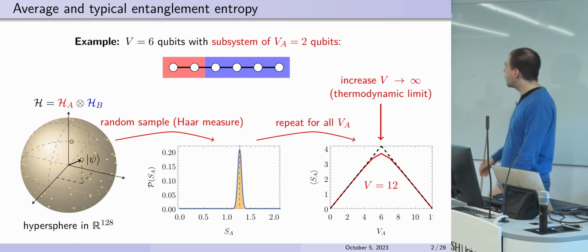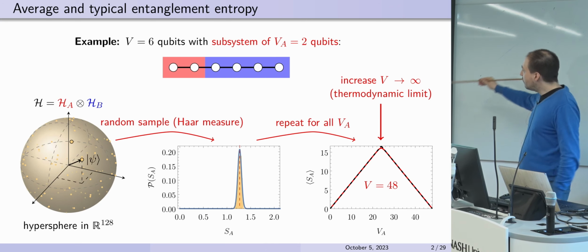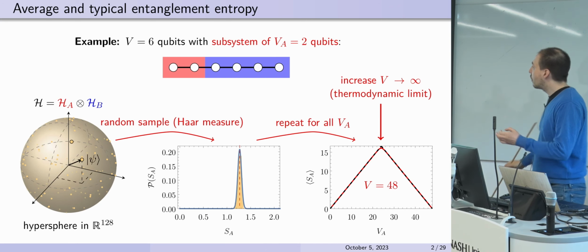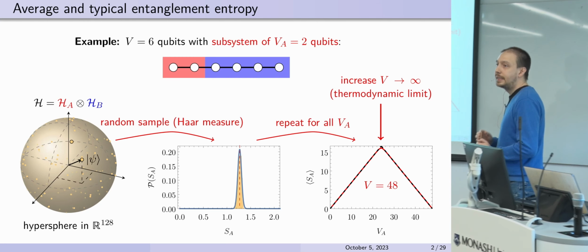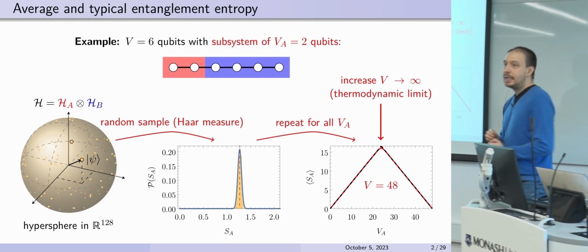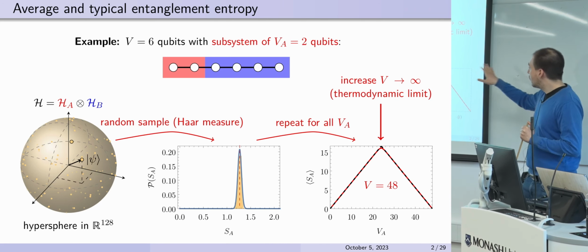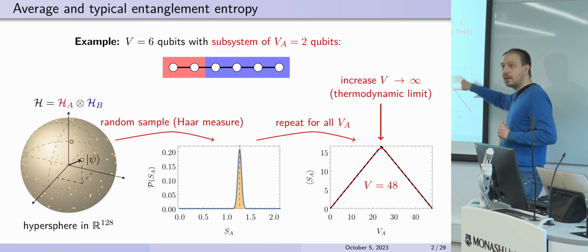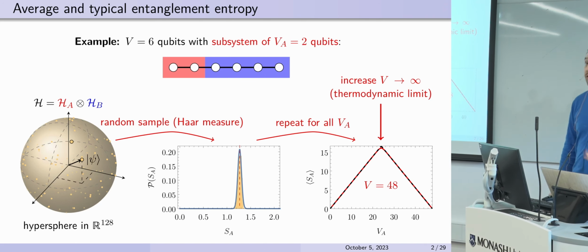And now we can take the thermodynamic limit. We can increase the size. We take 12 qubits, 24 qubits, and so on, and we see that this average becomes closer and closer to this theoretical maximum. And this is an observation that Don Page showed in '93, that the average entanglement entropy of a random pure state is close to maximum. And we will look at such curves for the rest of the talk several times and try to understand what this curve averaged over ensembles of states